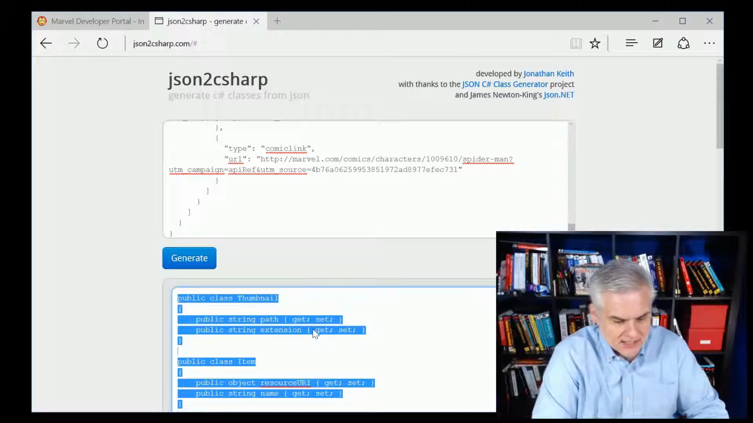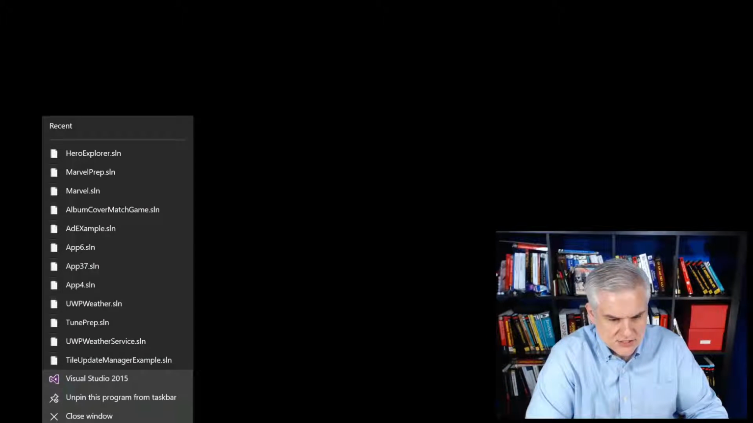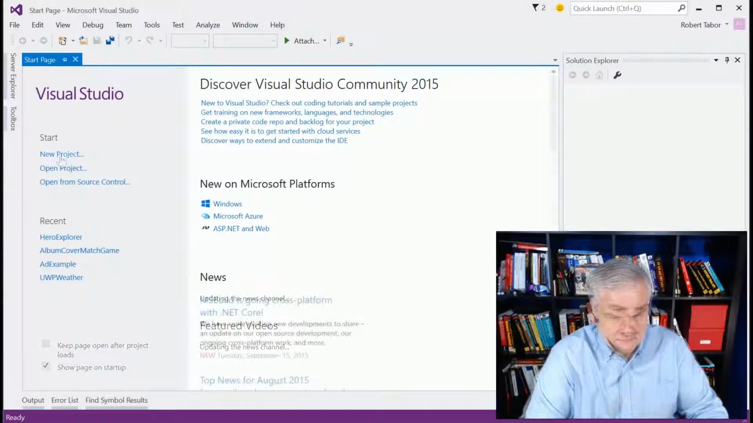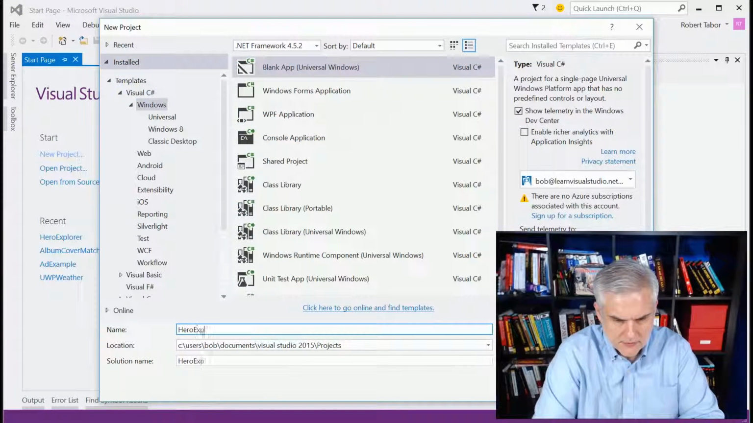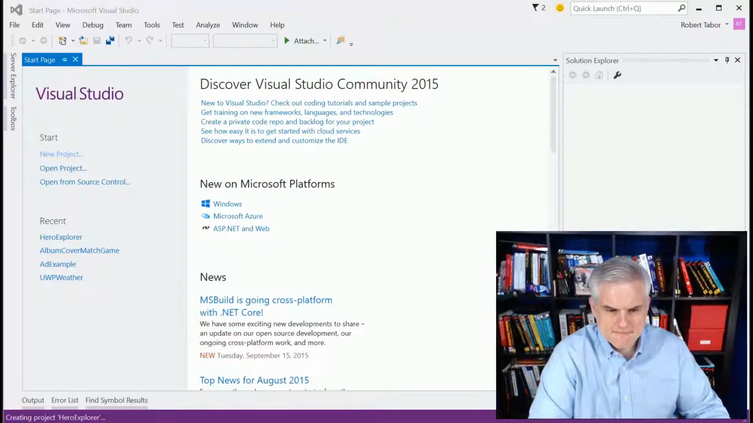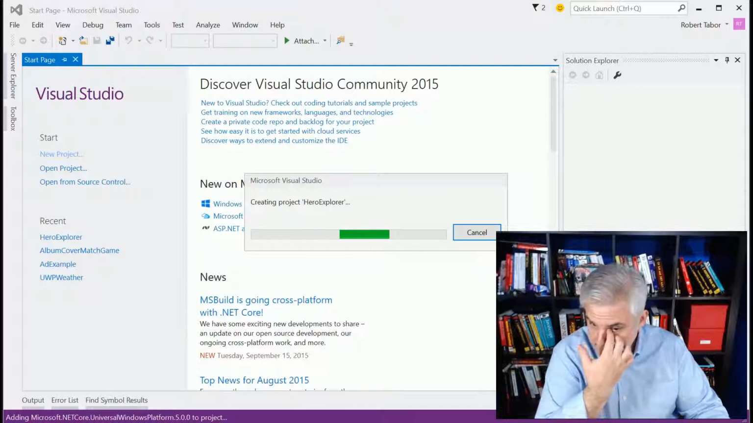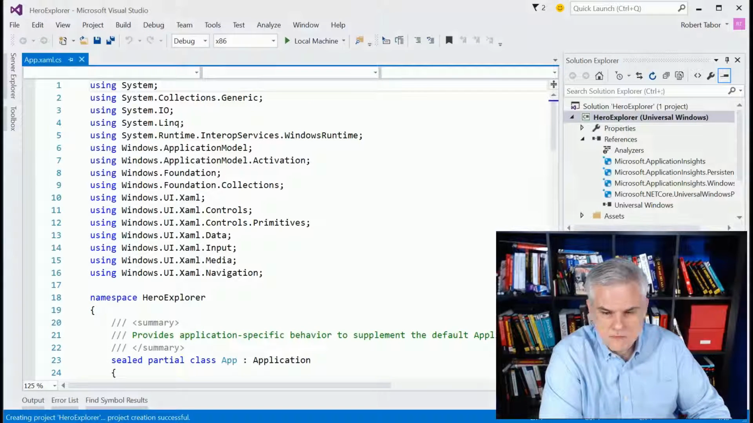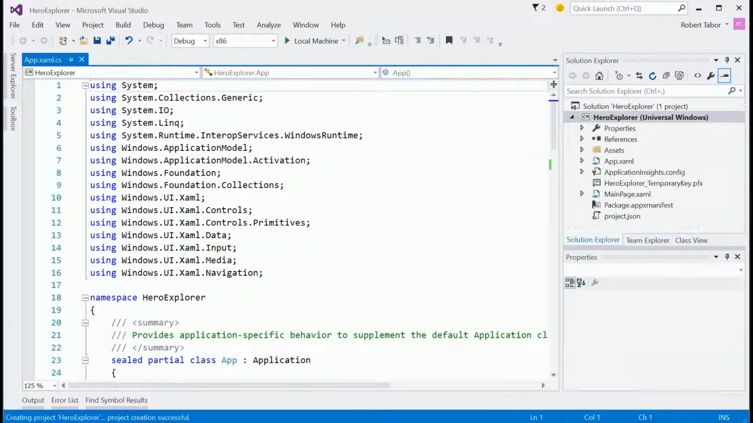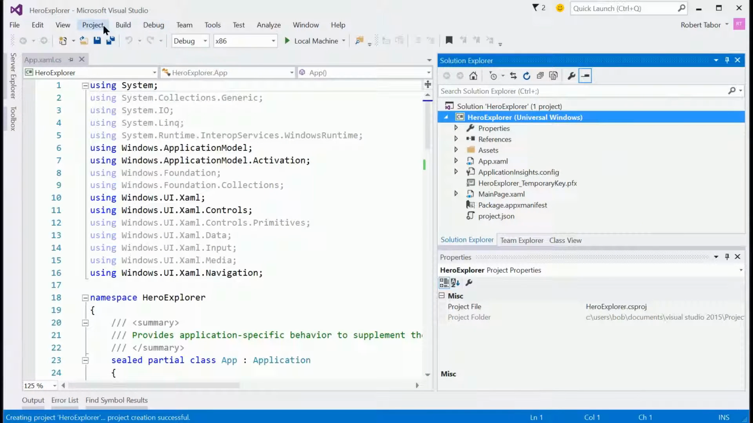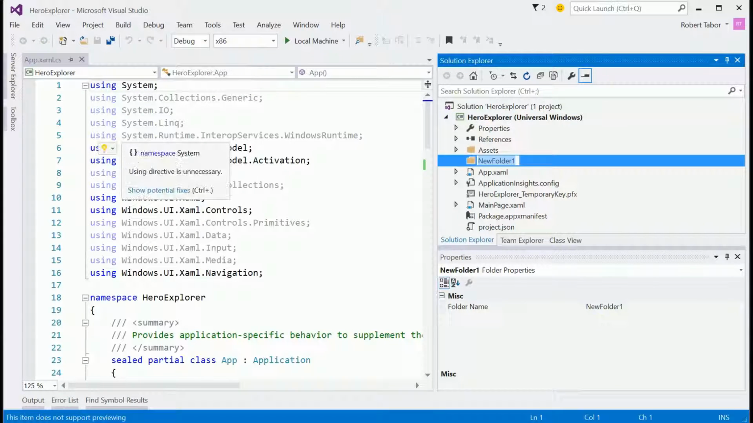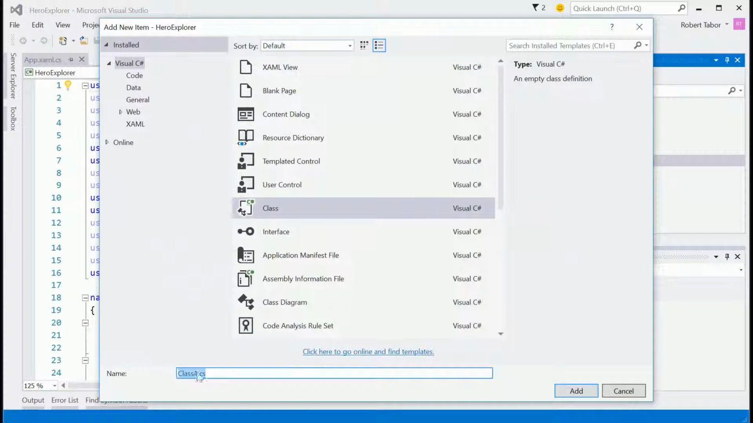So I'm going to copy all of this to my clipboard, and then I'm going to open up Visual Studio and actually create a new project called Hero Explorer. And one of the first things I'll do is I'm going to add a new folder called Models. And in that folder, I'm going to add a new class that I'm going to call,